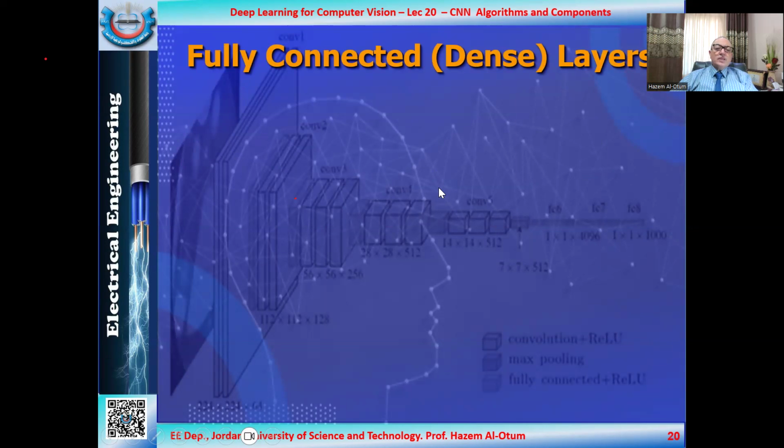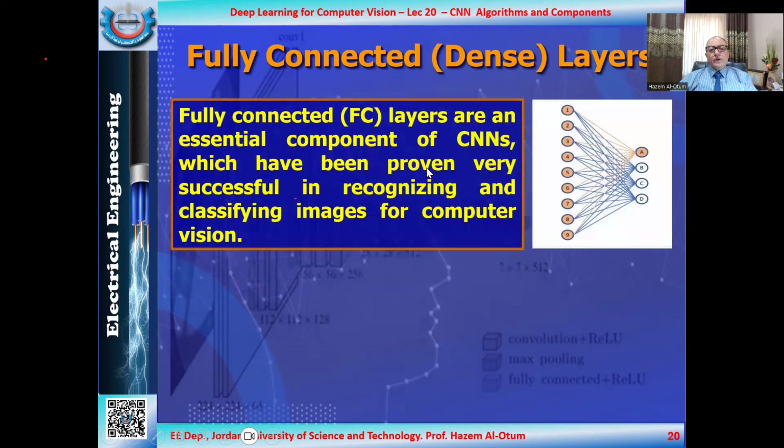Let's go back to the fully connected or the dense layers. Either we can call it fully connected layer or dense layer. Now, the fully connected layer is a layer you can find in almost most of the convolutional neural networks. It was proven that it has very successful results in recognizing and classifying images for computer vision applications, and it has been intensively included and implemented in CNN-based